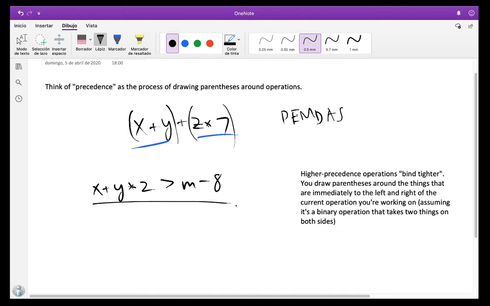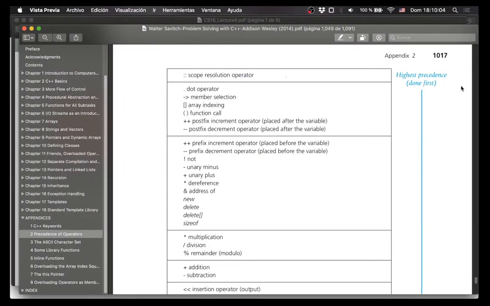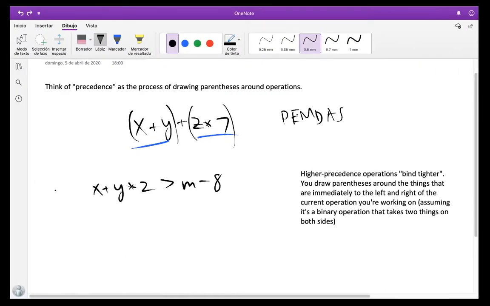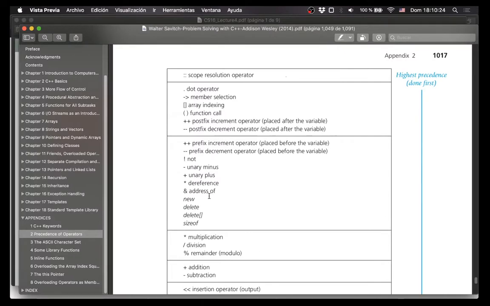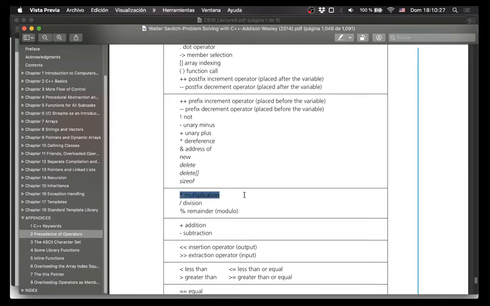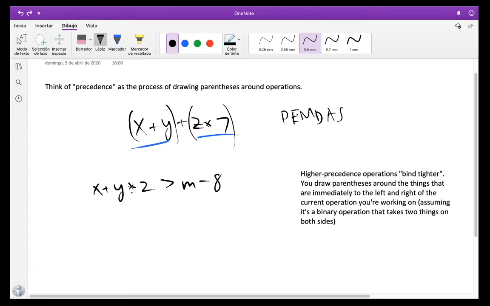So for this, let's go to the precedence table and see how it's going to be evaluated. I think you have a good idea in your mind, but we want to follow this table now. So here are the groups of things. Everything in this group has the same precedence level, and you'll just look for any of these from left to right. So you go and you work down and you find the highest precedence group that exists in the thing you're trying to evaluate. And so I think if we go down this, the first thing that we see is the multiplication operation, and it's right there. So let's go and first draw our parentheses around the immediate thing to the left and the right of the multiplication operation, because that's what it means